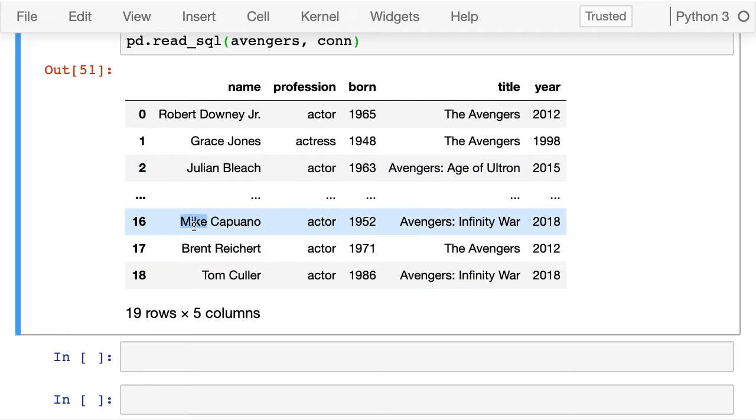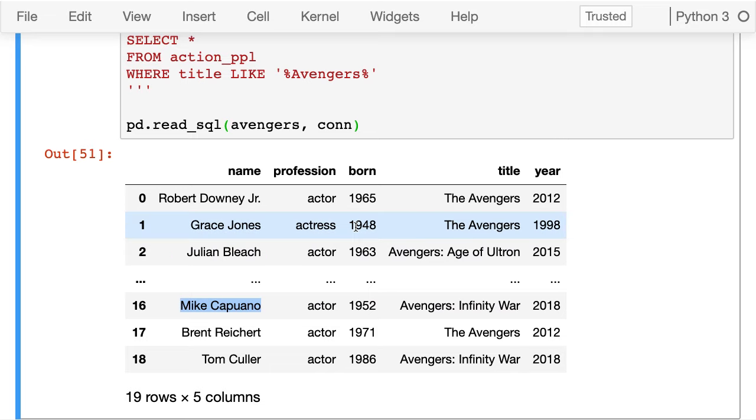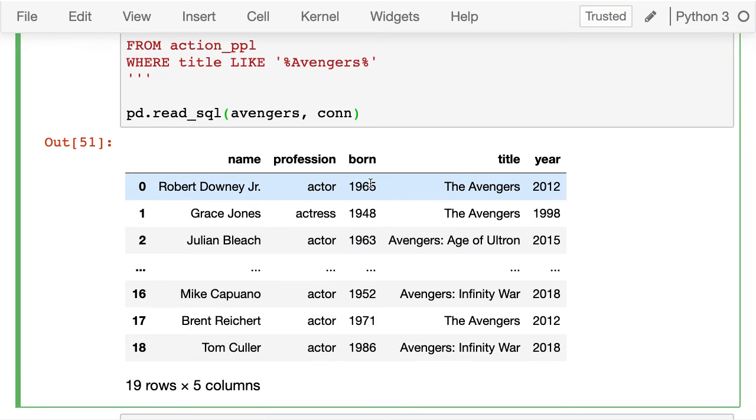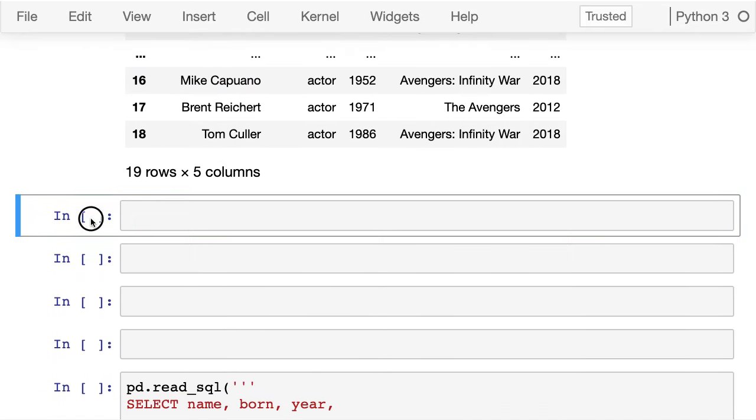Anyone know who Mike Capuano is? I actually don't know either, but I think he's like the uncle of, crap. I forgot the name of this person. The person who plays Captain America. What's his name? Sorry? I forget, but he's the uncle of him, and I think he got a cameo because his nephew is like Captain America, so he appeared in Infinity War at some point. I didn't even know. Okay, but he's a congressman, actually, or former congressman. Okay,